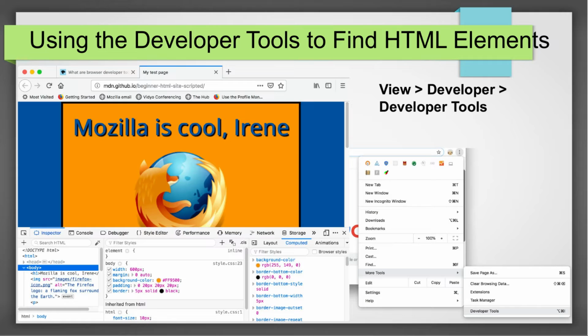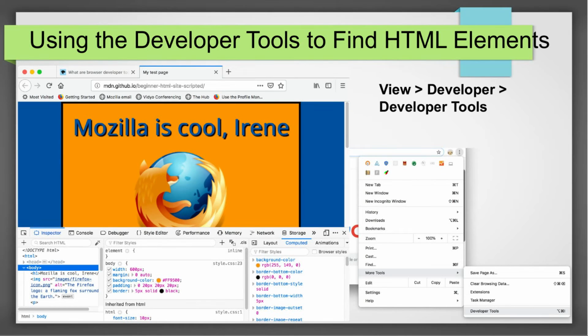Opening your browser's developer tools: in addition to viewing a web page's source, you can look through a page's HTML using your browser's developer tools. In Chrome and Internet Explorer for Windows, the developer tools are already installed, and you can press F12 to make them appear. Pressing F12 again will make the developer tools disappear. In Chrome, you can also bring up the developer tools by selecting View, then Developer Tools. In Firefox, you can bring up the Web Developer Tools Inspector by pressing Ctrl+Shift+C on Windows and Linux. The layout is almost identical to Chrome's developer tools. In Safari,